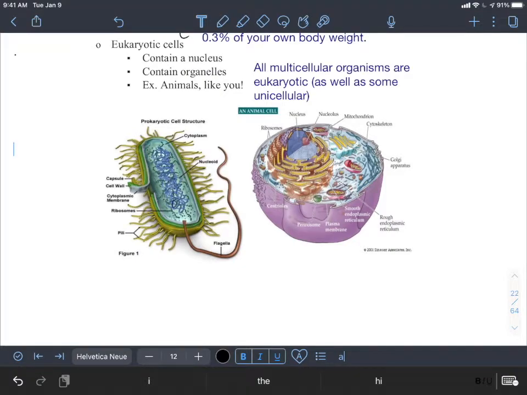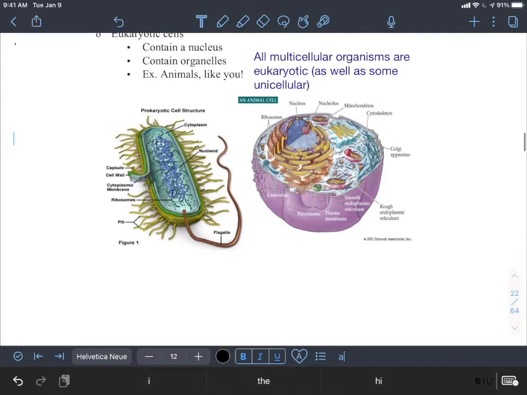In our own bodies and in many multicellular organisms, we do find that cells are very different. The eukaryotic cells might be specialized for certain functions. That's a very common thing to occur, but we're not going to get distracted with that idea right now. So here are two examples of these sorts of cells.